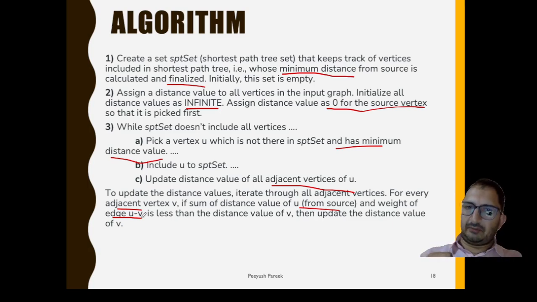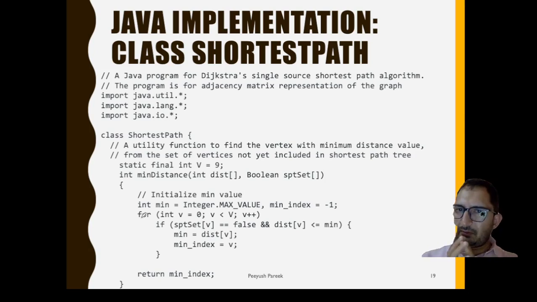Now we'll write a Java program for that. For the Java program, first we will create a class with the name ShortestPath. For this example we are taking V as 9, so that we have 9 nodes. Okay, now first we will write a function named minimum distance. This will calculate the minimum distance